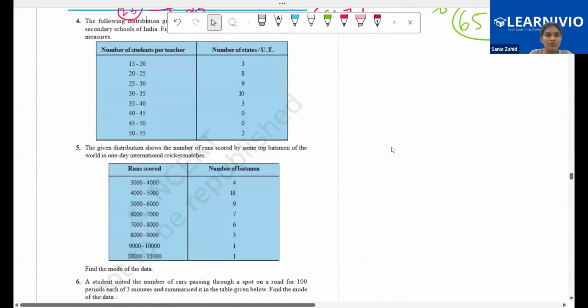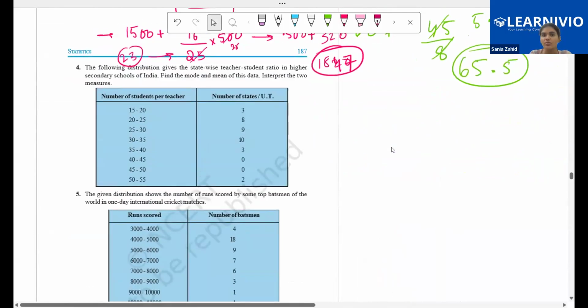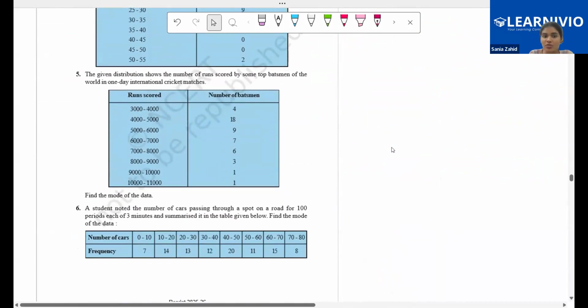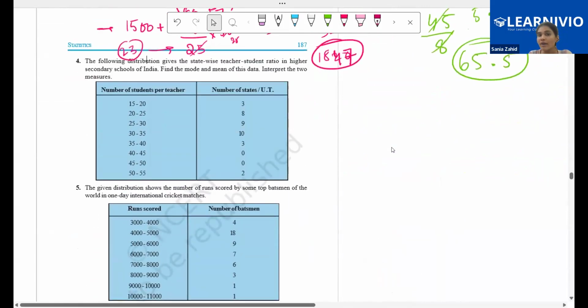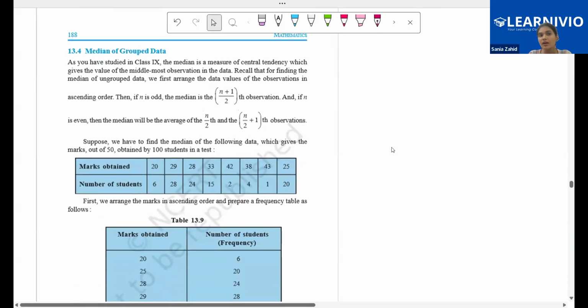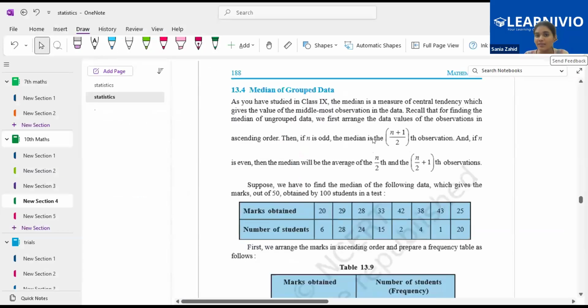Okay. So questions number 4, 5 and 6 I'll be giving you as homework because they're very small questions. In 5 and 6 you just have to find the mode. In question number 4 you have to find the mean also. So make sure you're finding the mean in question number 4 and just the mode in 5 and 6. In the next class we'll be starting with the median of grouped data. Okay. So we'll keep practicing, and once we have completed this lesson, we will not quickly start with the